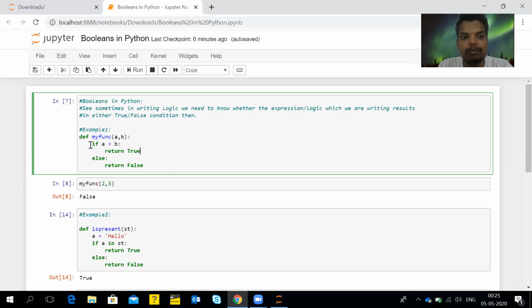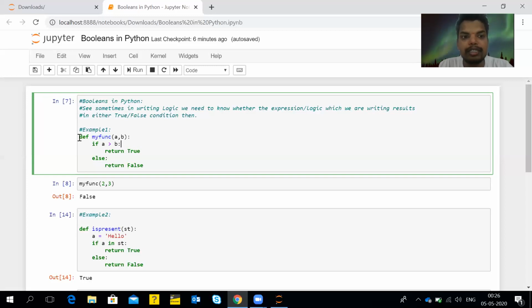Python is a programming language where there is indentation when we define a function or write a class.